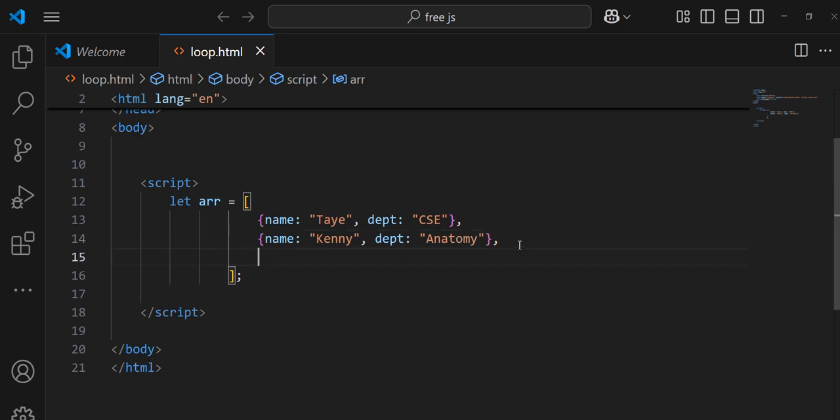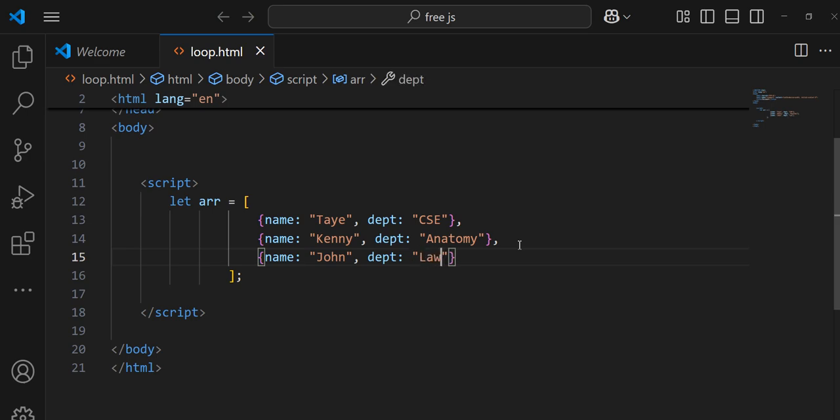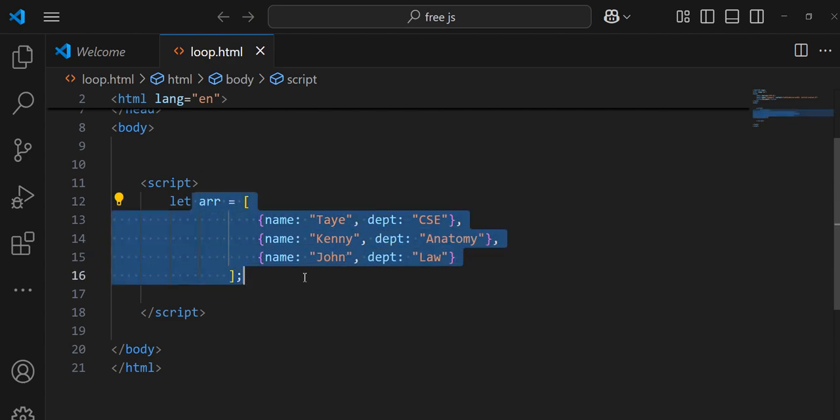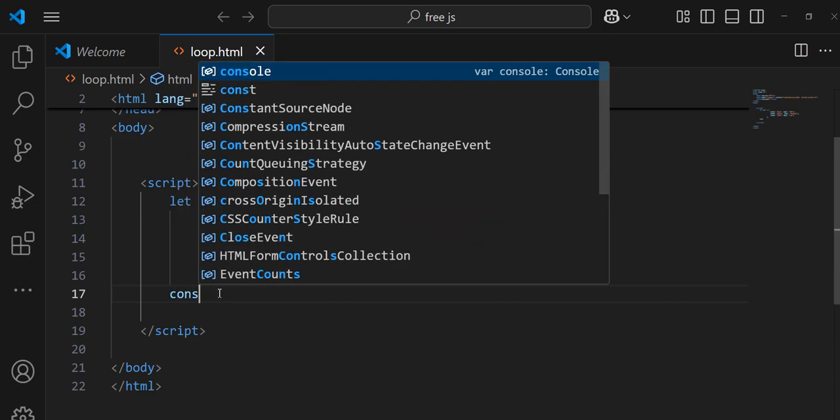Let's add one more. Name is John. Department, let's say law. So these are the three objects inside this array. Remember, the items in an array can be identified using their indexes. This is index 0. This is index 1. This is index 2. So if I want to see the value at index 0, I can say console log